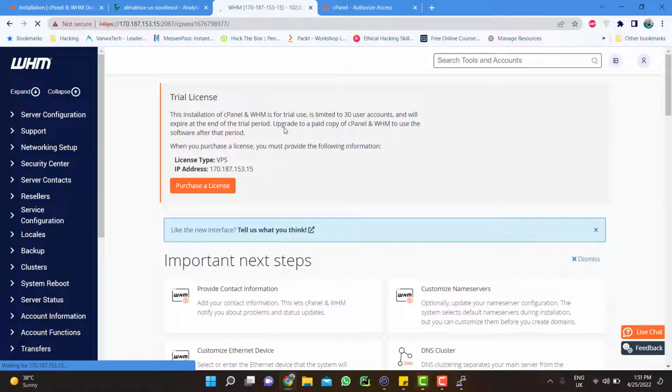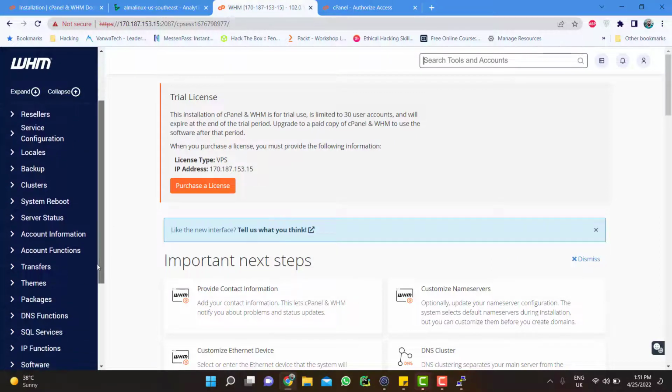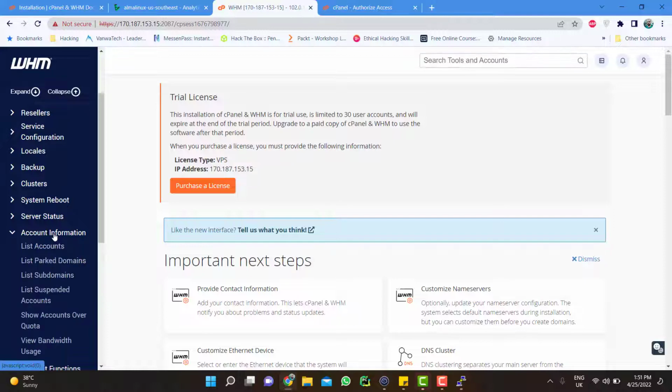Congratulations, you have successfully installed WHM panel on your server. This is the 15-day trial. You can use it for free, and if you like the WHM and cPanel, then you can pay for the license. To set up your domain on WHM panel, you will go to the account information and